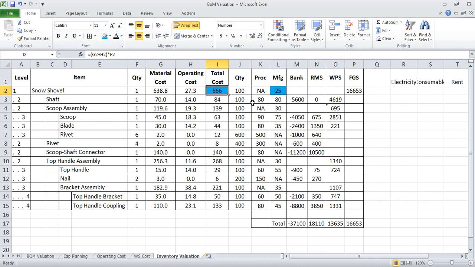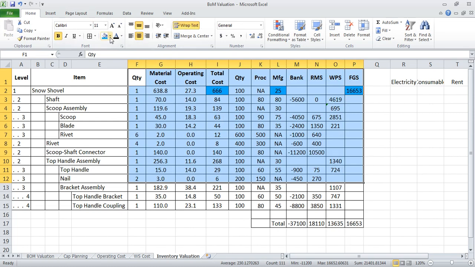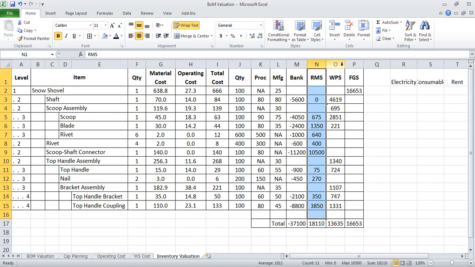So 666 multiplied by 25 is 16,653 rupees. That's my finished goods store inventory. So that's how we have the total inventory available at the raw material store, at the work in progress store, and at the finished goods store. And because of the raw material procurement, our bank account has been reduced.